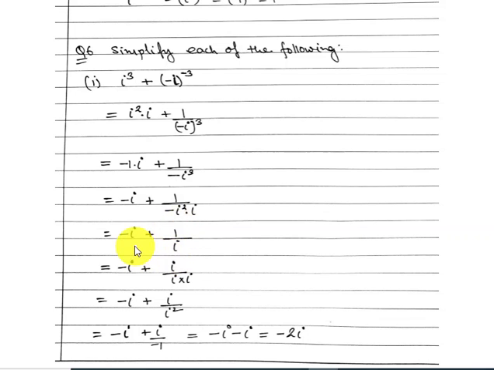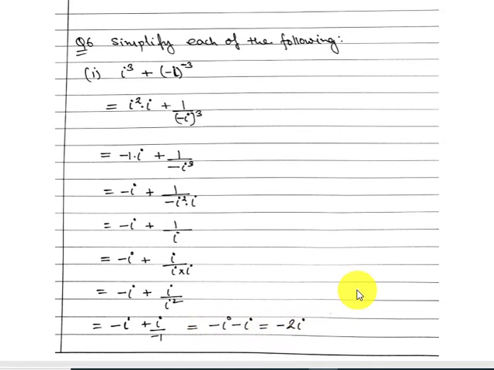And we know that in the denominator we are not supposed to leave anything in terms of i. So I should rationalize this. I will multiply and divide by i. So here in the denominator, i into i square, so I get minus 1. Clear? And here i. So it becomes minus i, that means minus 2i. Clear?